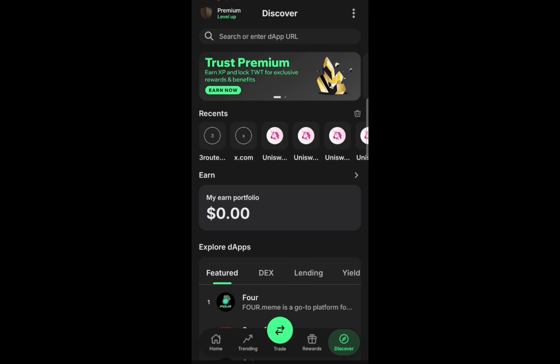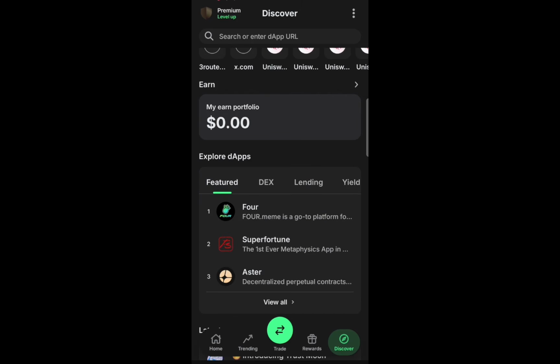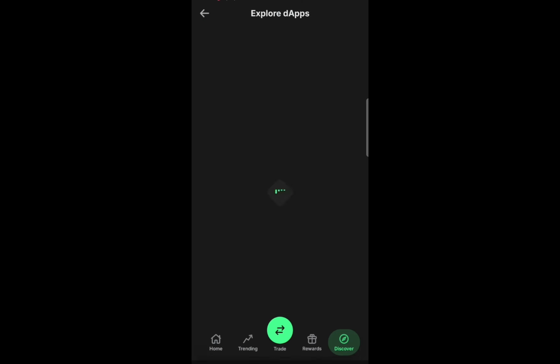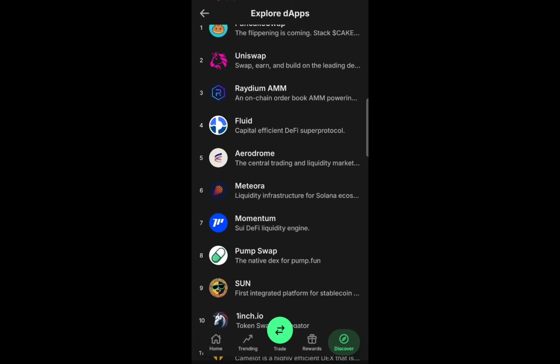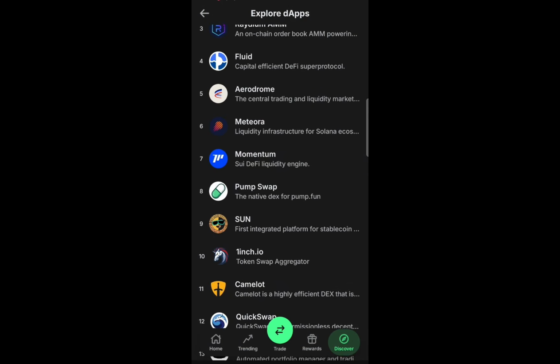So what should you do? You will type PancakeSwap. Now you don't even need to type PancakeSwap. If you scroll down here, you see where they put DEX. Can you see DEX? You see PancakeSwap is already there for you. Decentralized exchanges: PancakeSwap, Uniswap, Raydium. If you click on more, you start seeing others. You see Aerodrome, PalmSwap, Sun. This is the swap exchange for